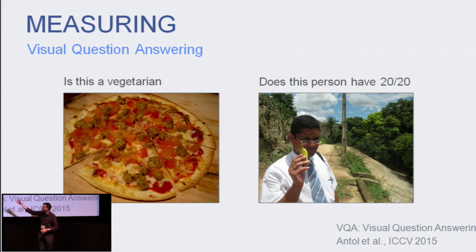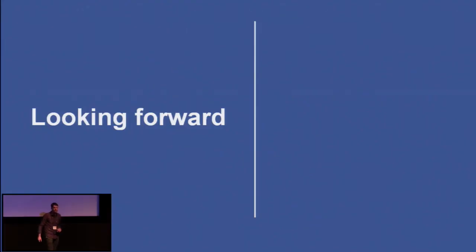So what you do is you have an image, you have a question, and what's nice about it is it combines the visual recognition that now is beginning to work better along with the reasoning that we want to explore. And if you can do both of them well, then you can do well on the VQA task. And so far, what we've seen is that progress in this task hasn't been moving that quickly. And I think a lot of it is due to the fact that reasoning is not progressing that quickly, unlike recognition. So, looking forward.